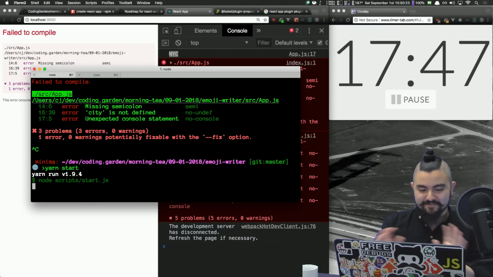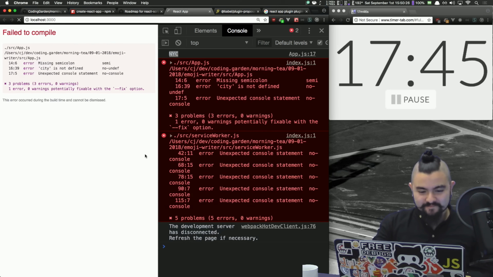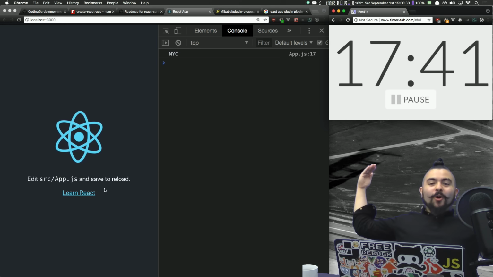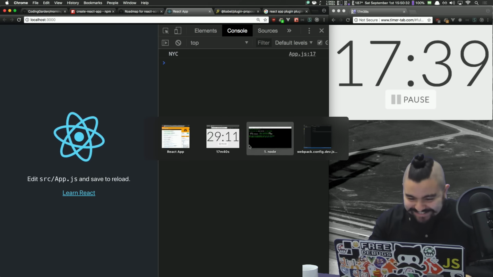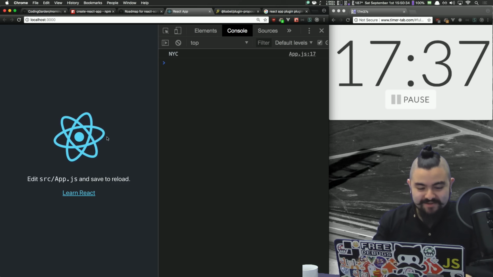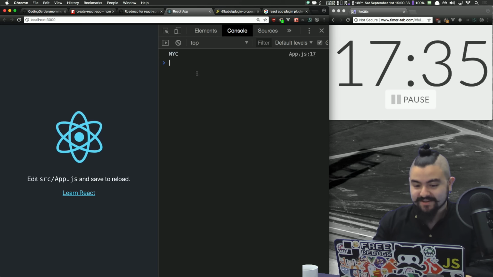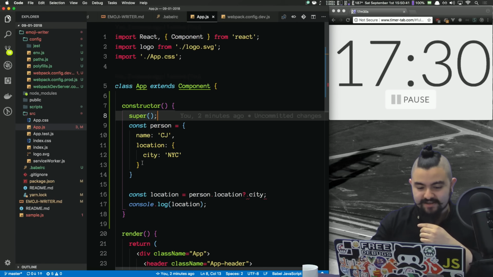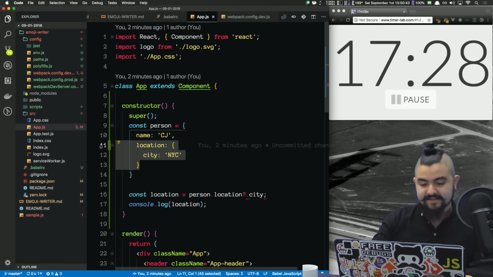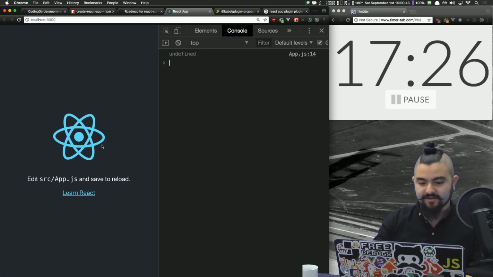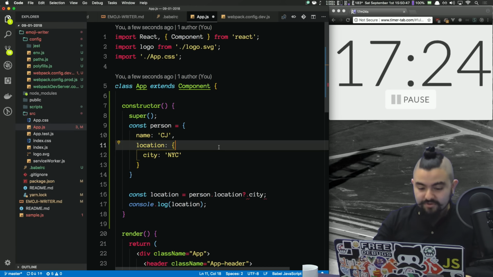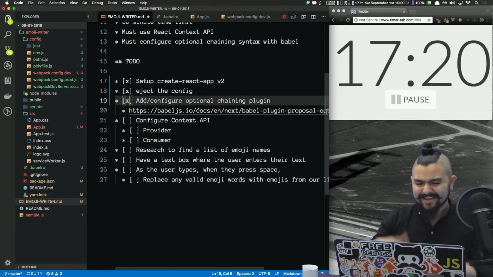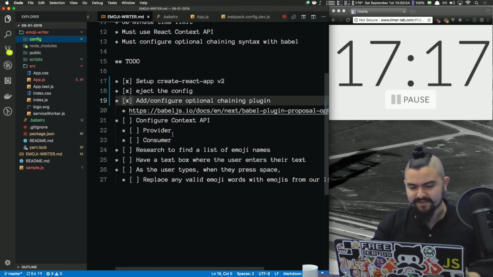So let's not even run the linter and just see what happens. Oh my goodness. Okay, we don't have linting support anymore, but I'm getting NYC, which means this is working because, check this out. If I were to actually set, let's say location is not defined, then it should log undefined. Beautiful. We absolutely got that working. That's exciting. In a partial way, like in a real app, I would want my linter to work, but